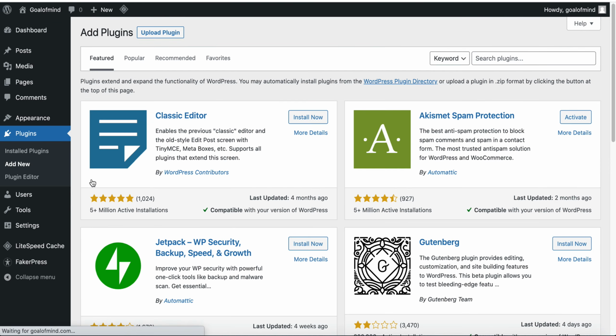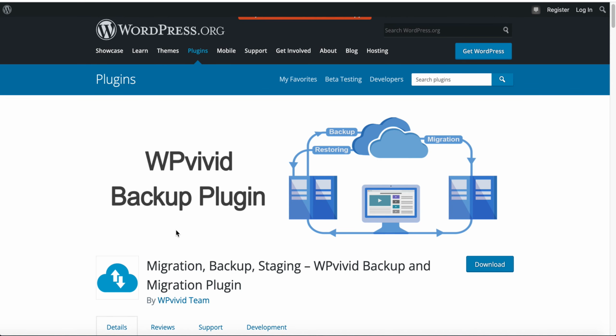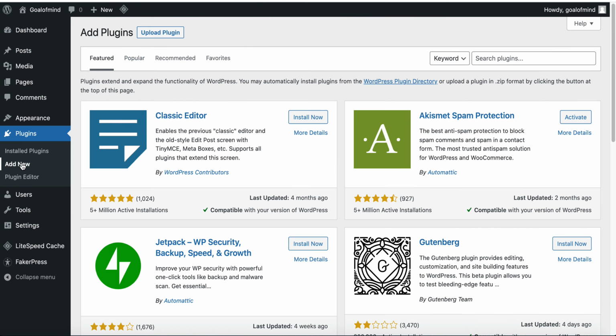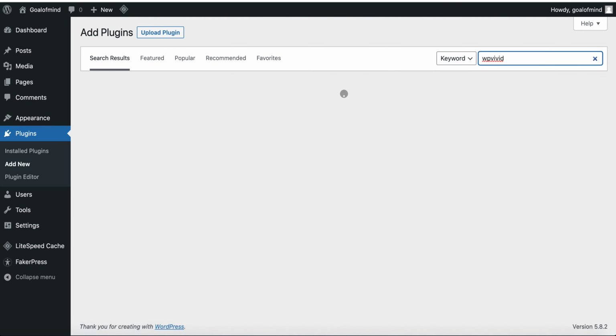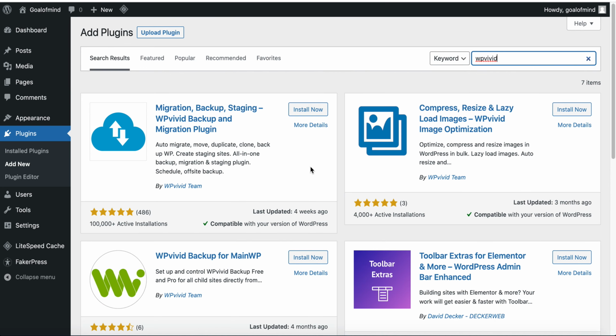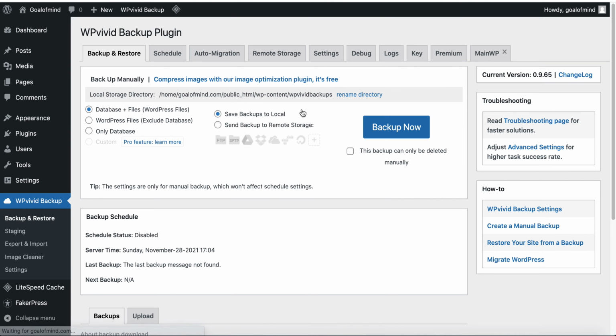At first I am showing you the free version. To install the free version, in Add Plugins we search WPvivid. You can see in the first results the migration, backup, staging plugin. Install now, activate. So this is the basic